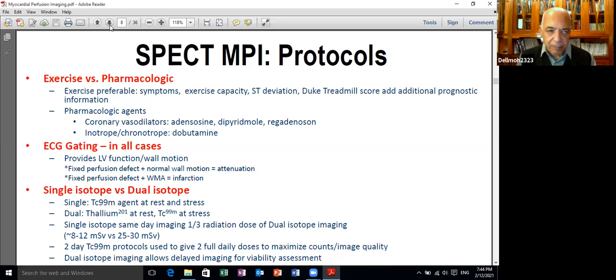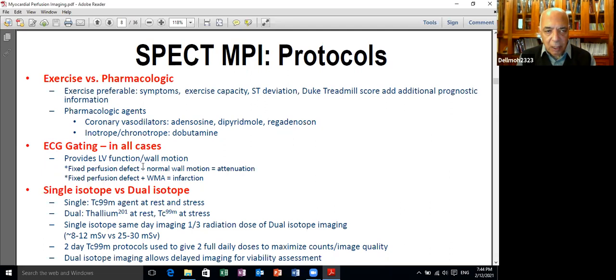Now, ECG gating is very important. By ECG gating, as I just explained now, we are superimposing the true picture, so we are getting a removal of the interfering non-desired radiation. In this way, we get a more crisp, more clear, more informative picture. And at the same time, with ECG gating, you can get a cine loop, which tells us about left ventricular function. So it provides an idea about left ventricular function through